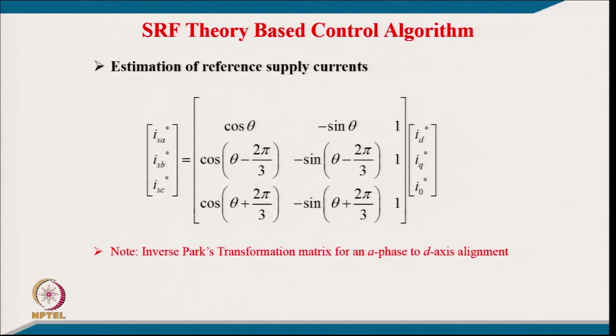And once you know this ID, IQ, I0, and you already have the reference currents, you convert them back using the inverse Park transformation to get the 3-phase reference grid current, and we put a current controller on the grid current to have an indirect current control, deriving the switching functions for the voltage source converter operating as the D STATCOM. So, we discussed these control algorithms,